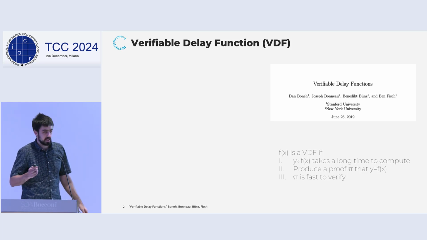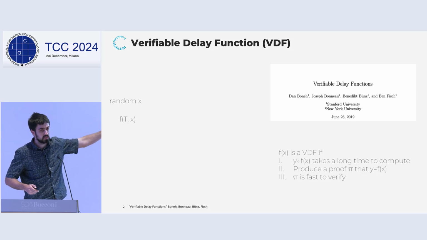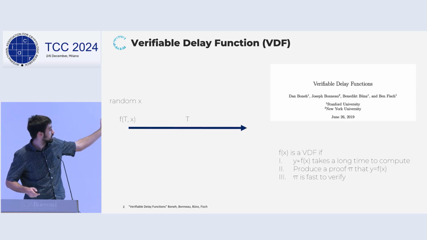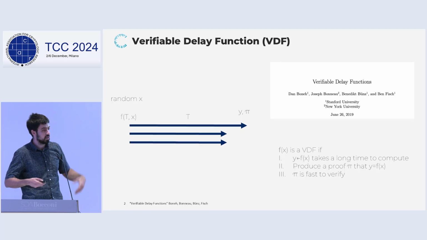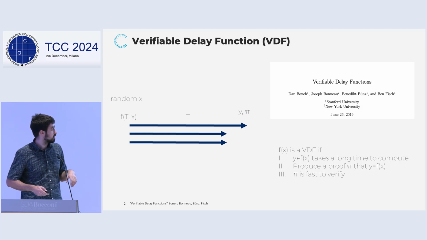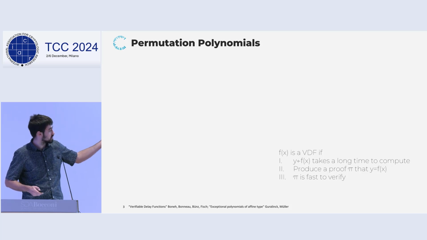Okay, maybe more pictorially, here on the left side, there's some random x. You evaluate f with some time parameter t on x. After a time t, you get an output y and a proof. And even if you have more parallel computation, it doesn't really help you to compute the function faster. So that's the delay part of this. Okay. Other than this definition,